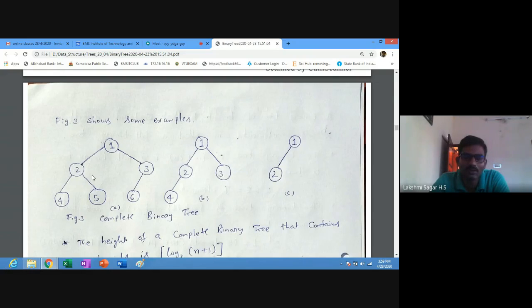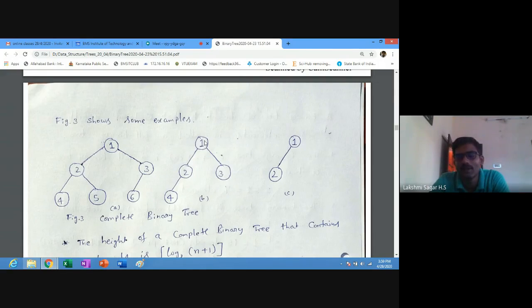So it is 2. Suppose the parent of this element 6: 6 divided by 2 is 3. Similarly, the parent of this node, which is 4, is 4 by 2, which is 2.